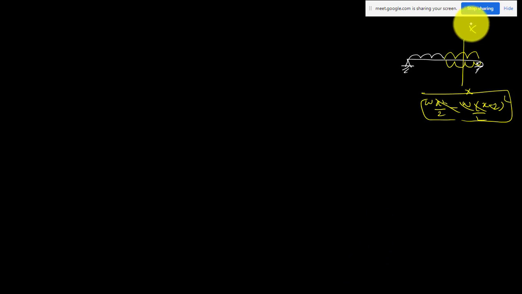So there will be two terms, w x square by 2, minus another term also will be there with the negative sign, w times x minus 2, maybe something like this. So I can simply write the moment equation. That is why we are adding the load, and we should add the same load in the opposite direction, so the net effect will be 0. So this problem will remain the same as your given problem. Okay, the answer won't change. Suppose you have a uniformly varying load.